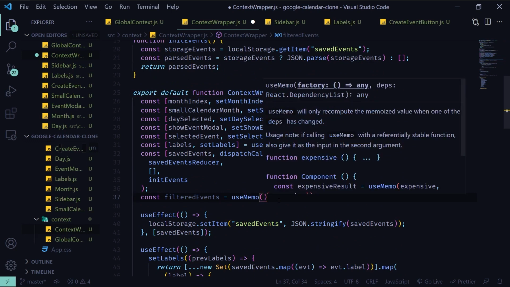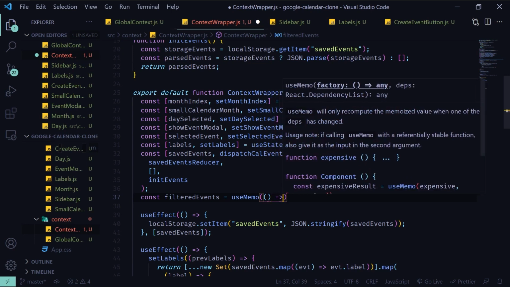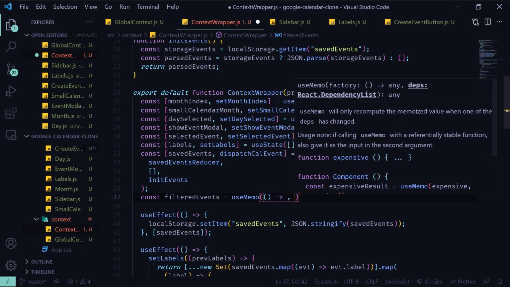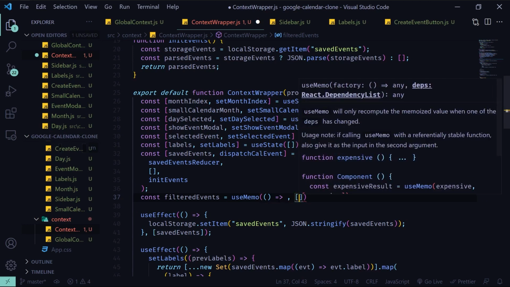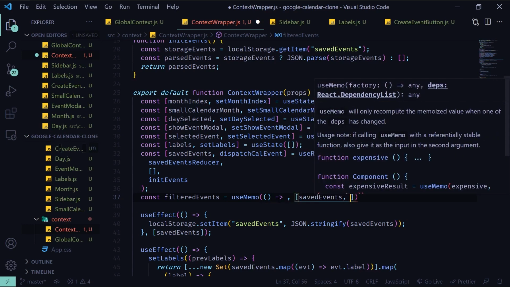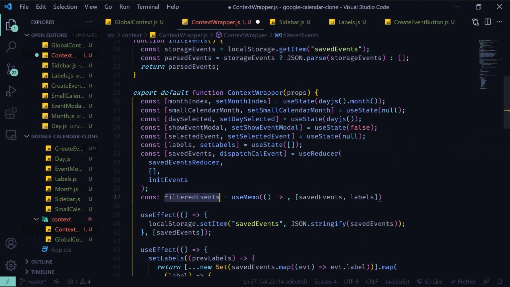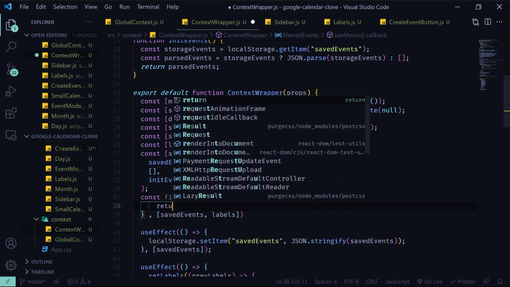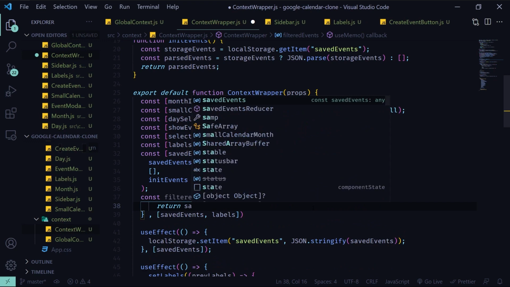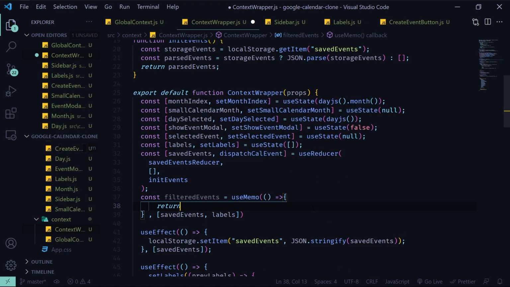And this useMemo is just going to have computed values. So it also takes a dependency list. The dependency list is going to be the saved events and the labels, because filtered events depends on those things. So it's just like a computed property. So we need to return something. What we are going to return is, and this is a callback that we need to have, we're just going to return